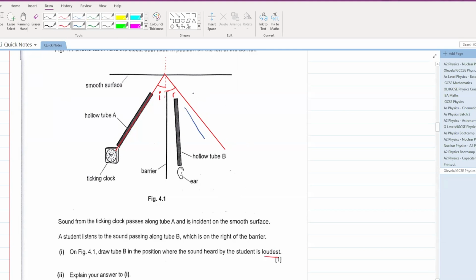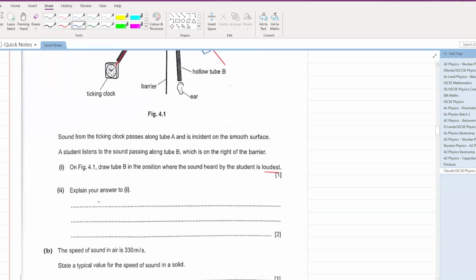I think we have to draw the tube, right? Yeah. So let's draw tube B here. This is your tube B. Explain your answer. So what could be the explanation here? Loudest sound occurs due to reflection,